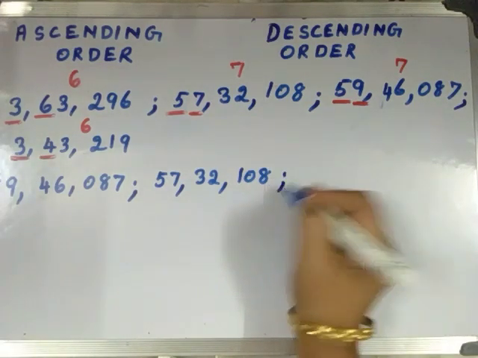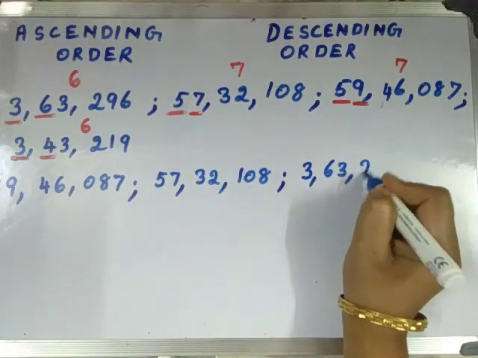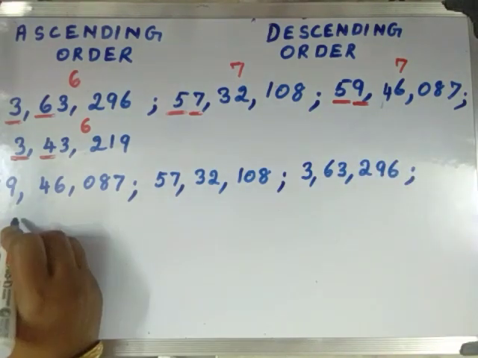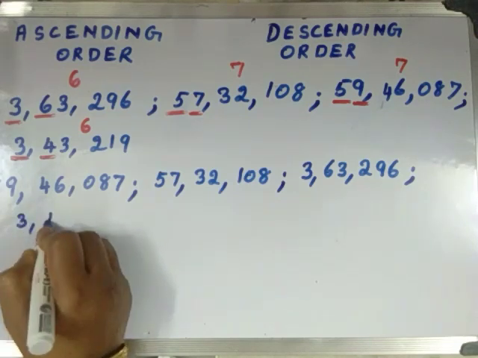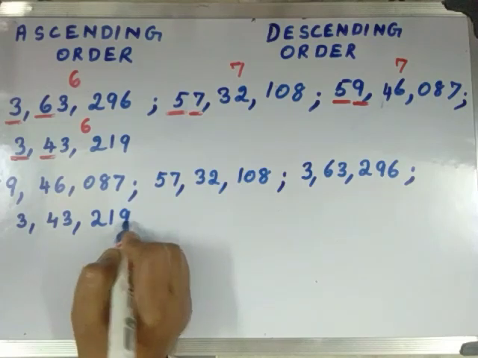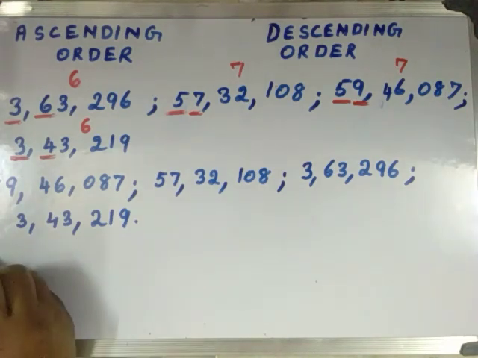So let's write 3,63,296, and then we have 3,43,290. So these numbers are arranged from the greatest to the smallest, starting from the greatest number, ending with the smallest number. So these numbers can be written as